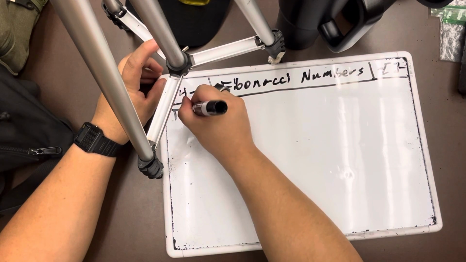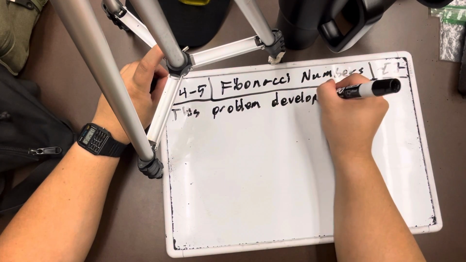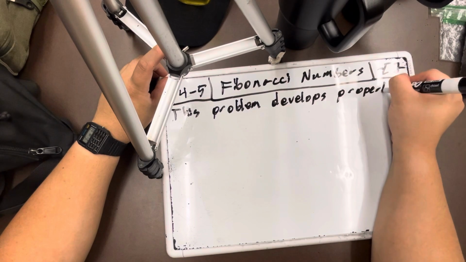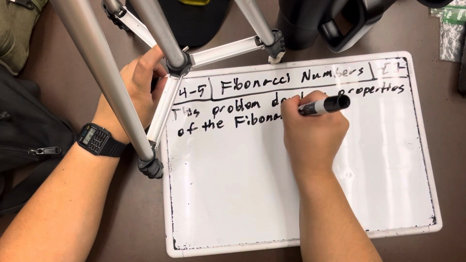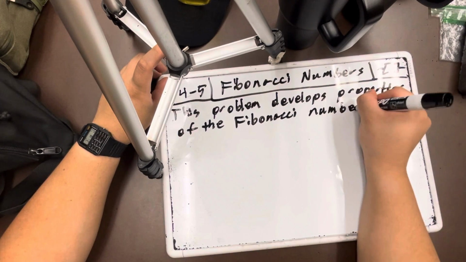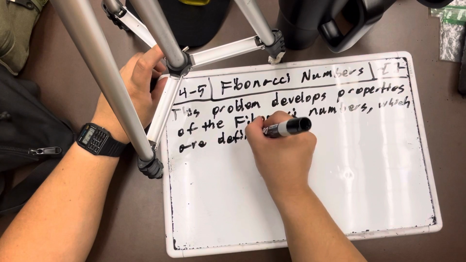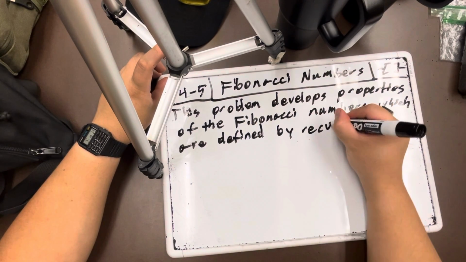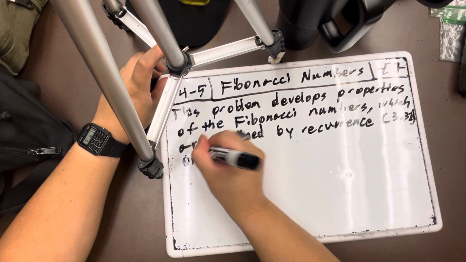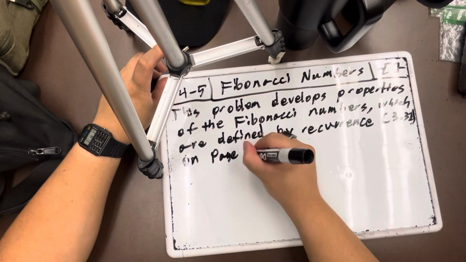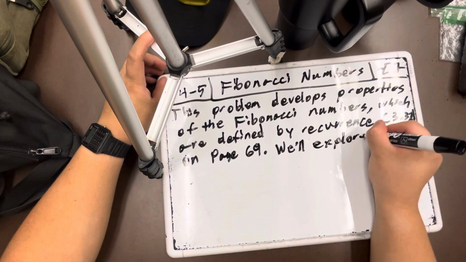So this problem develops properties of the Fibonacci numbers, which are defined by recurrence, so 3.31 on page 69, which depending on your edition might not be true, but well, in which case, what are you doing here if you don't have the same edition? But anyway, we'll explore the technique